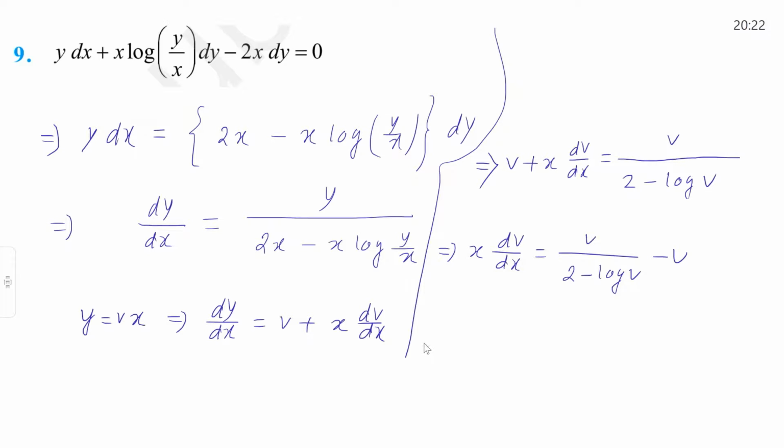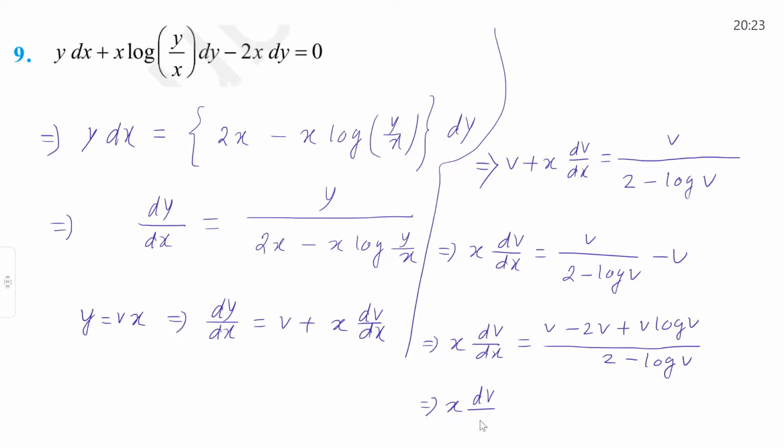So x dv/dx is equal to v minus twice v plus v log v, divided by 2 minus log v. So this implies x dv/dx is equal to